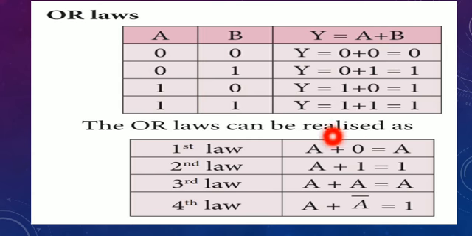Okay, and see the first law, a plus 0, these are the numbers, but see this: a plus 1 is equal to 1, and a plus a bar is equal to 1. Okay, so these are the OR laws. Okay students, right. And next,